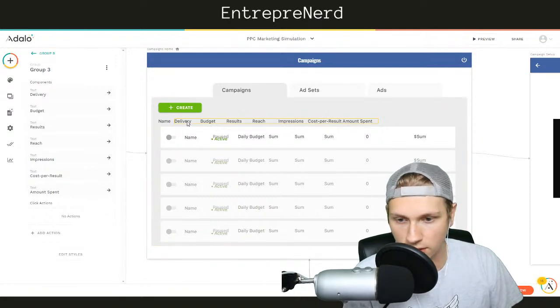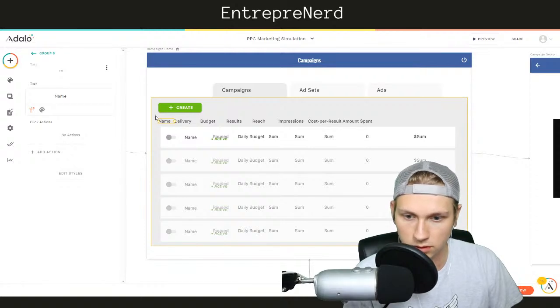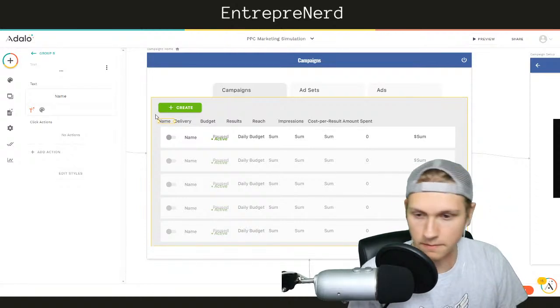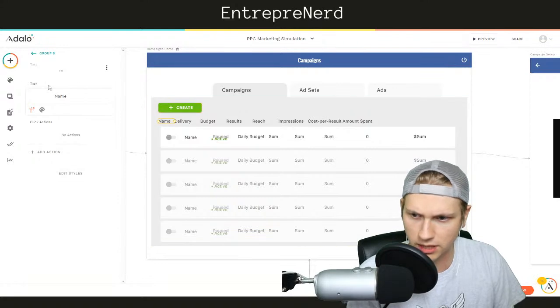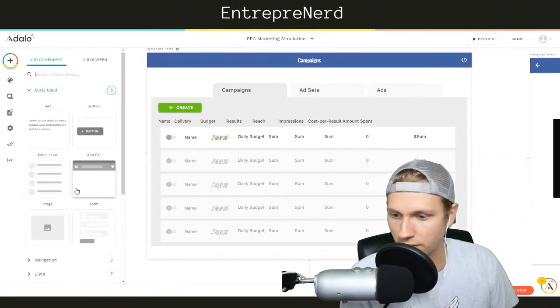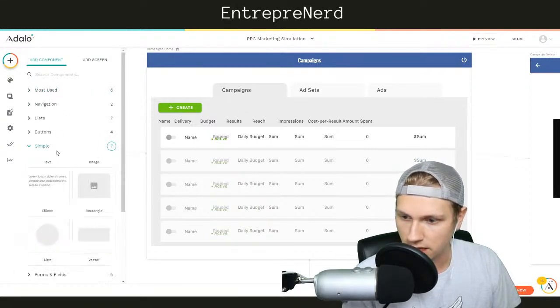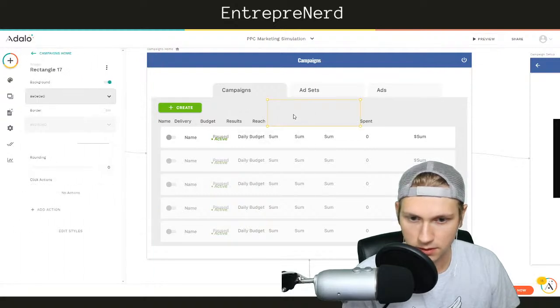So all I need to do now is actually, I'm just going to create a little rectangle. Check this out. I think I figured it out. Simple. Create a little rectangle, cute little rectangle of the exact same.